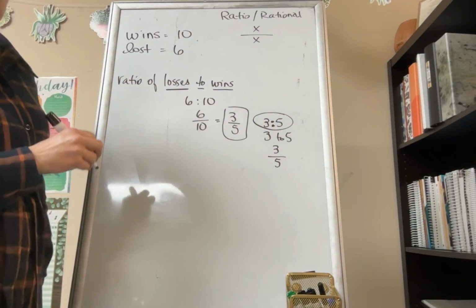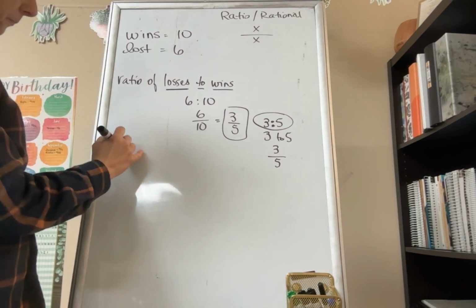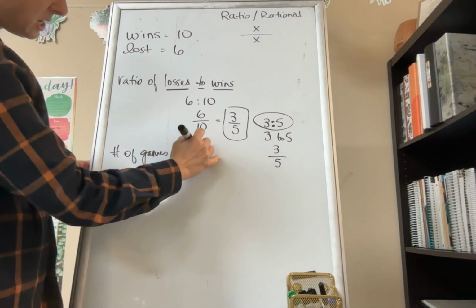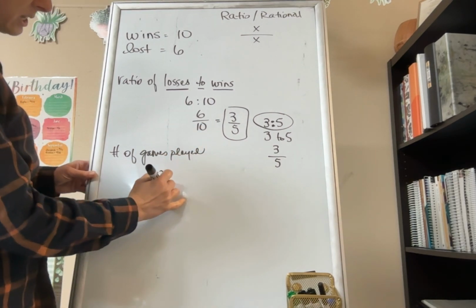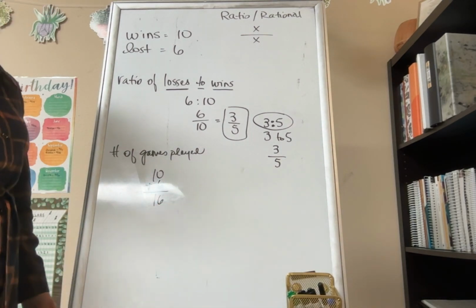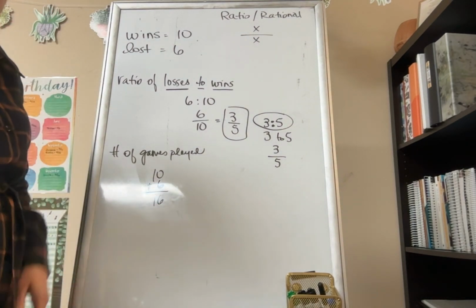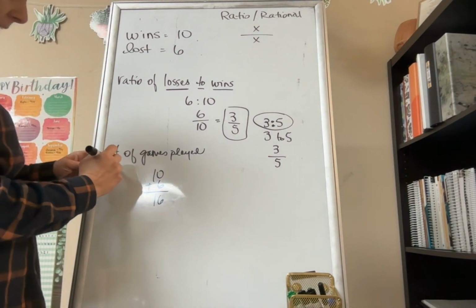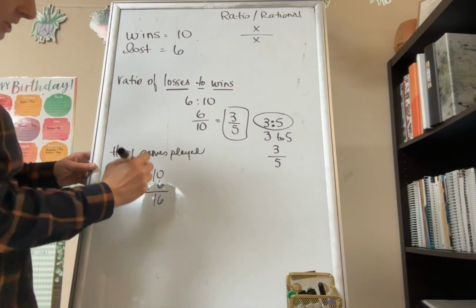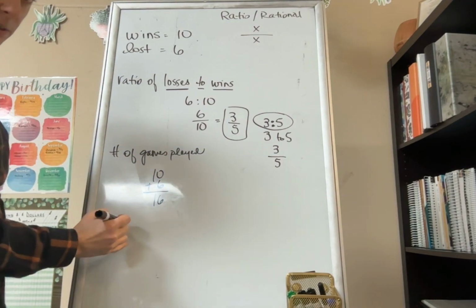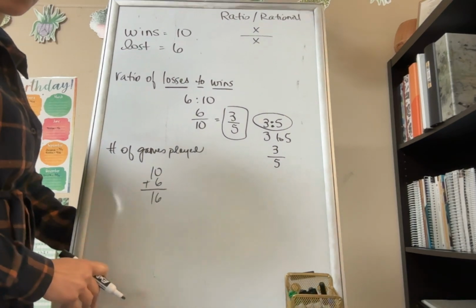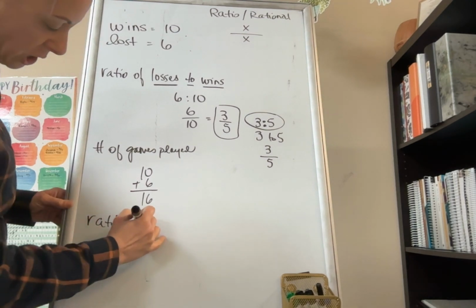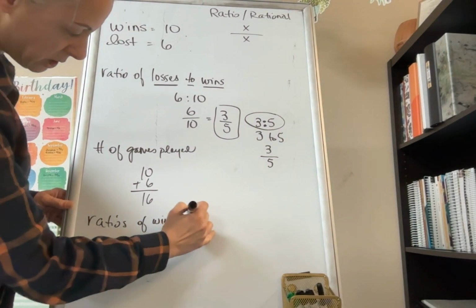Now, part B says determine the number of games played, okay? If we want to find the number of games played, we just simply need to add our wins and our losses together, right? And we'll see that there were 16 games played. And because we want to find the ratio of wins to total games played. So this is our first step. Can you see if I move it down here? I don't want that glare to be on there. We're looking for the ratios of wins to total